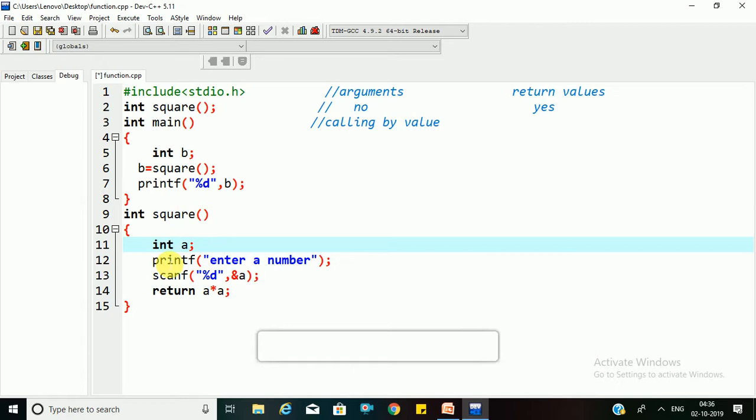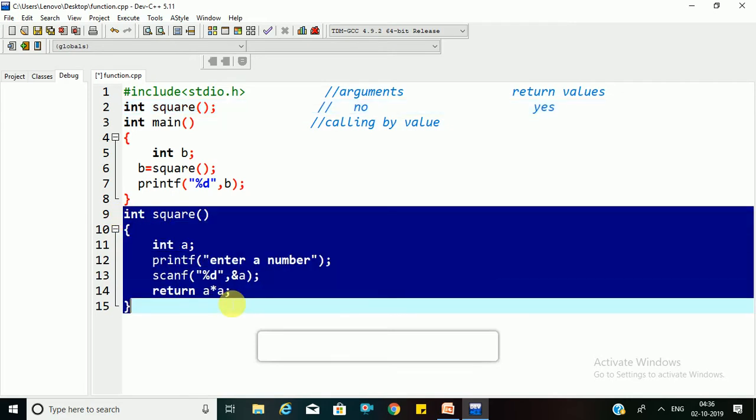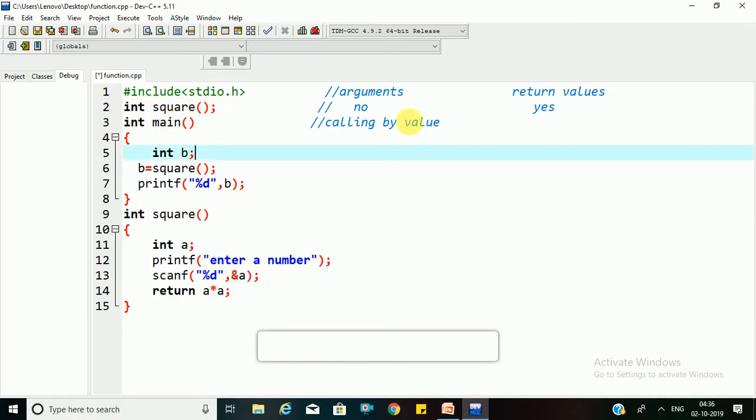You can also write the function program at the top and the main program down. At that time there is no need of using the prototype. You can do this entire thing at the top and the main function down. But at that time there is no need to use this prototype. And the third type is without any arguments